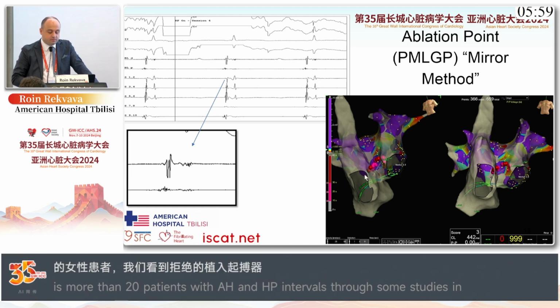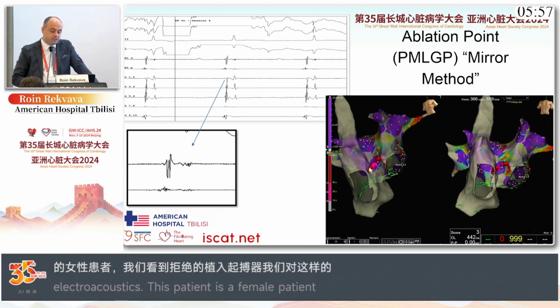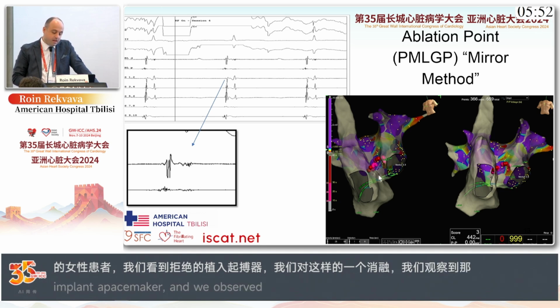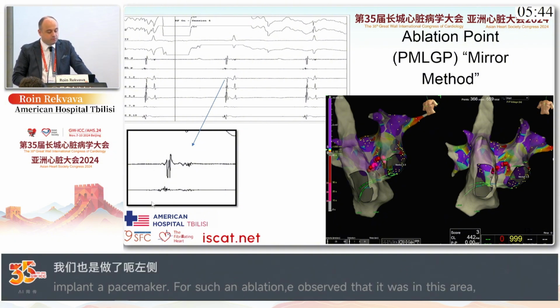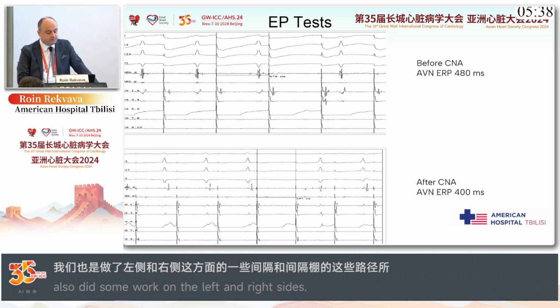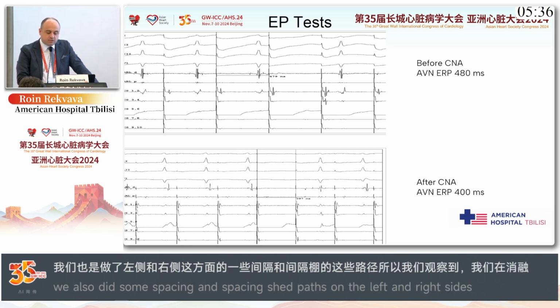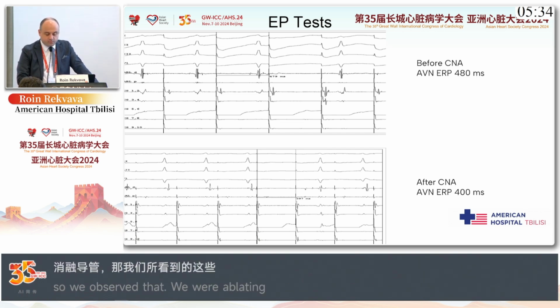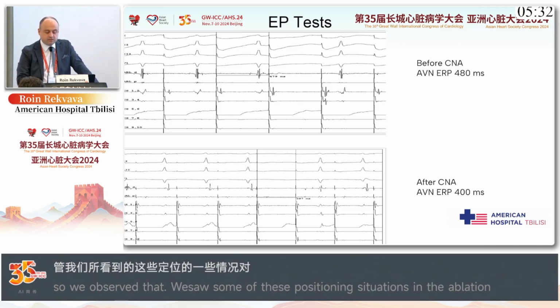We perform this in what I call the pyramidal space. We do this as in septal or paraseptal accessory pathways, left and right side, and we show you these Haffe and Laffe potentials that we find on the ablation catheter. And for us, it's very important, before and after CNA, to check the antegrade